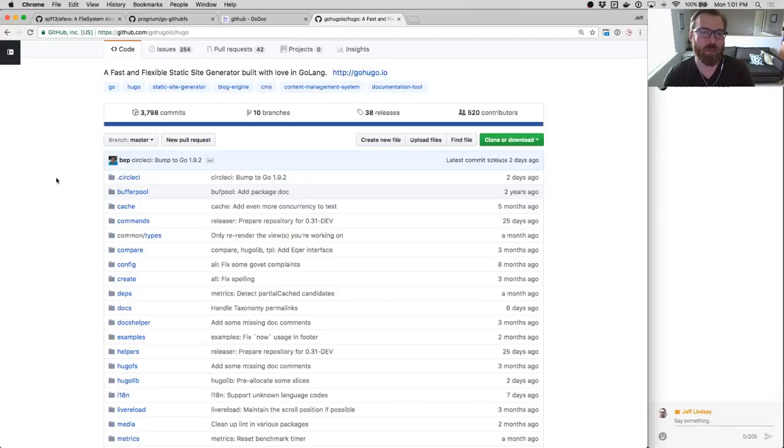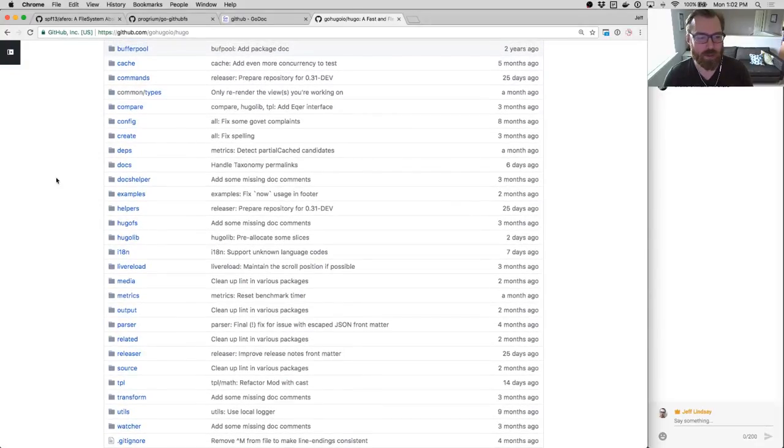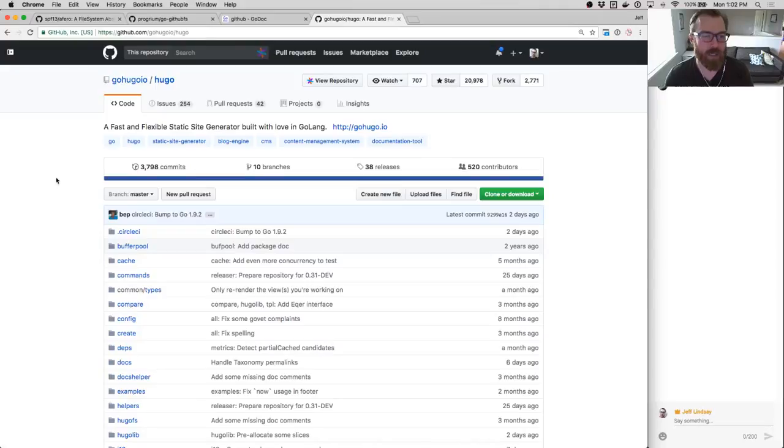So instead of checking out the site and going through the normal Git workflow, I ultimately want to build a little local web app, or even a Heroku hosted web app, that gives me more of a hosted, Medium-like experience with my static sites. I want to continue to use Hugo, so I'll build that around Hugo, but to make this more efficient and have it directly read from GitHub and publish to GitHub, Hugo, the author of Hugo, actually wrote a number of other really great libraries, one of